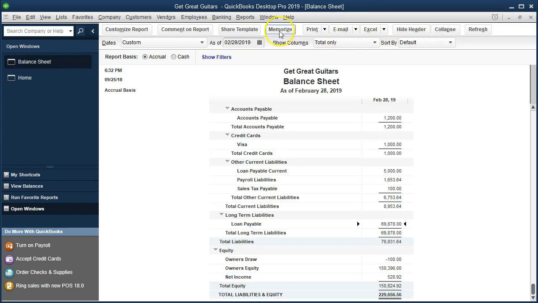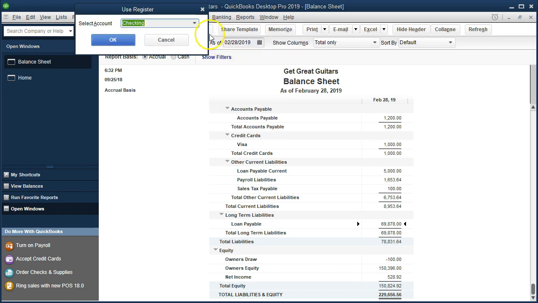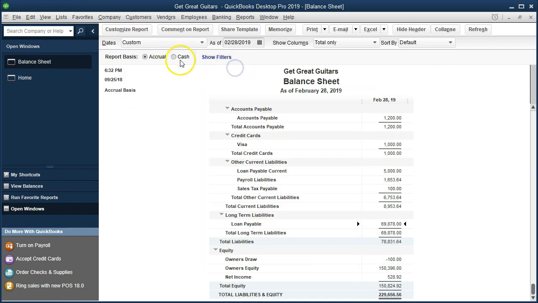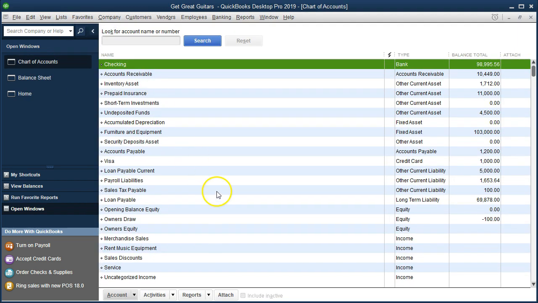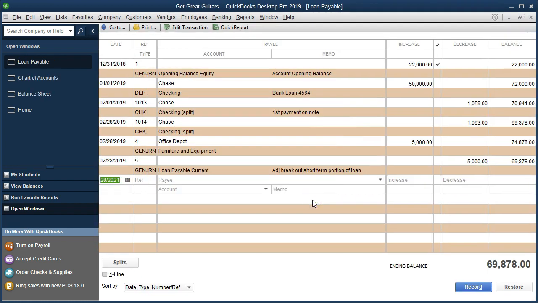And we're going to go to the registers, where you could go to the banking and use register, and then find that loan payable register that we're looking for, the long-term portion. Or I'm going to do it the other way. You can go to lists up top and go to the chart of accounts, and we could go to the long-term liability. Now make sure you're on the long-term one and not the current liability, which we have set up in a prior presentation. So we want the long-term with the 69,878 in it, double-clicking on that, and we get